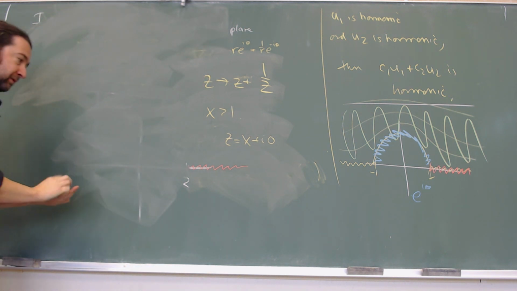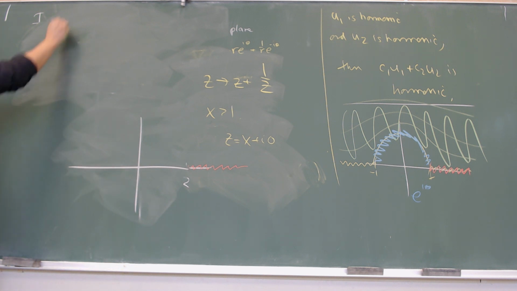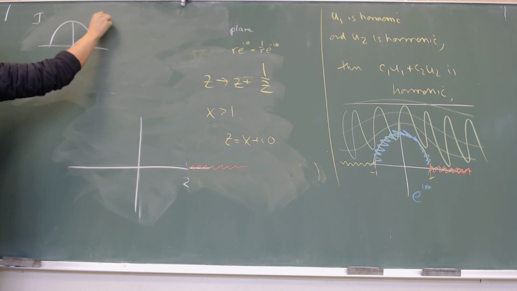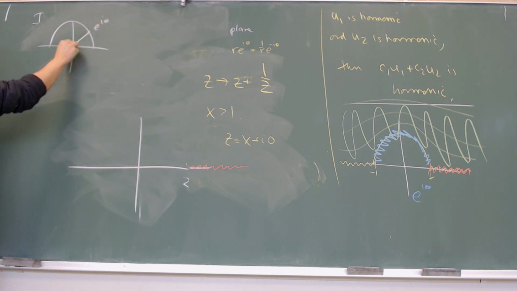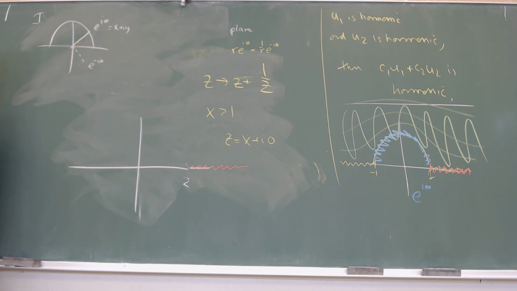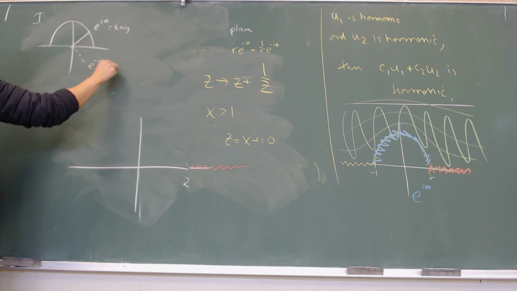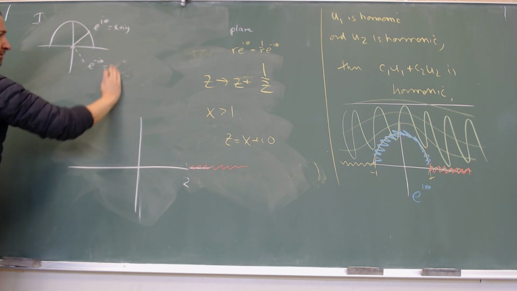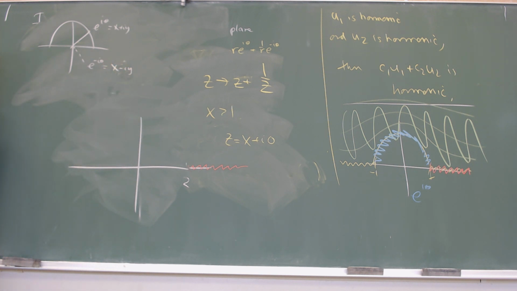Oops, erased my construction picture here. So imagine you start in a circle, e to the i theta is right here, e to the minus i theta is down here, but if this is x plus iy, then this is x minus iy. I mean, there's sines and cosines running around in the background here. So you end up right there. If you take this point and that point and you add them,